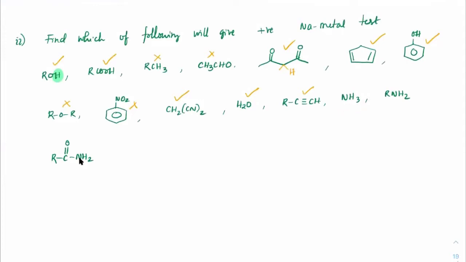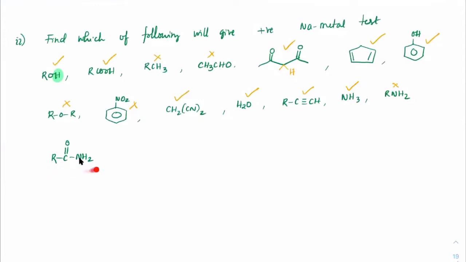Next, NH3, no, NH3 won't give, because in NH3, if you check the hydrogen value, sorry, NH3 has high polarity. Here it is only about polarity. Nitrogen and hydrogen will have high polarity. Correct? Now RNH2, if you check RNH minus Na plus and H2, this is what you are expecting to happen. If we check the pK value here, this is around 44 and this is around 38. Would the reaction happen beta? So with RNH2, the reaction won't happen.